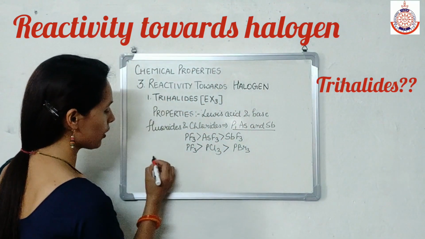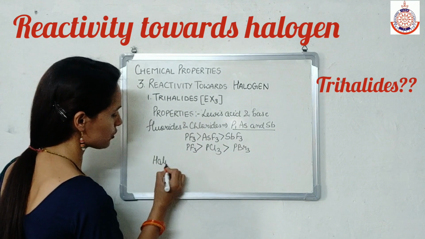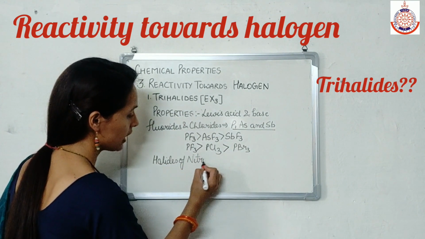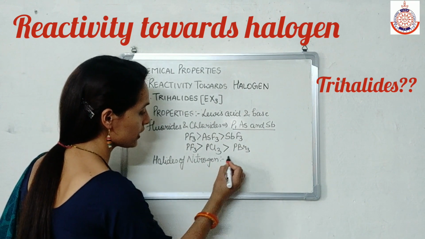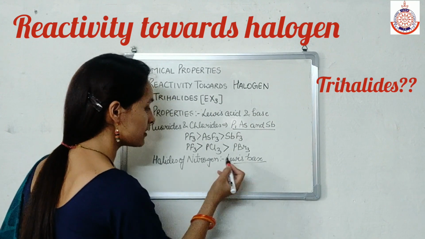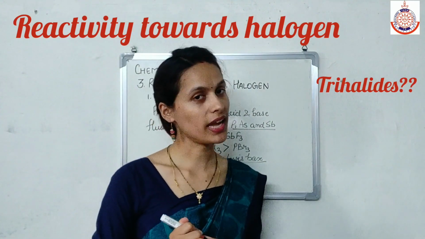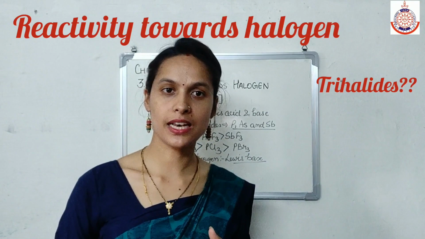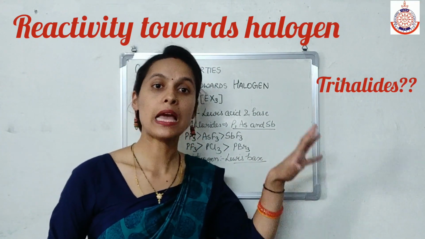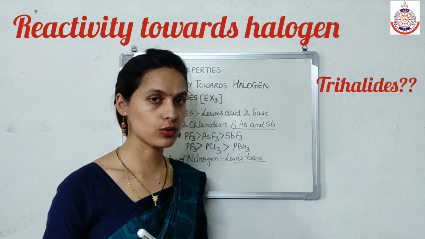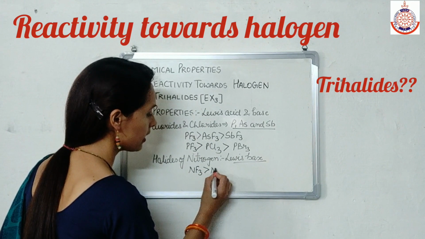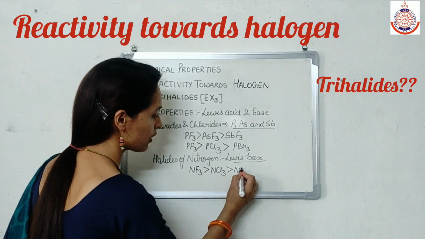But if I talk about the halides of nitrogen, the halides of nitrogen act as a Lewis base because they have the tendency to donate electrons, they don't have the tendency to accept electrons. So the halides of nitrogen behave as Lewis base, and similarly in this case,